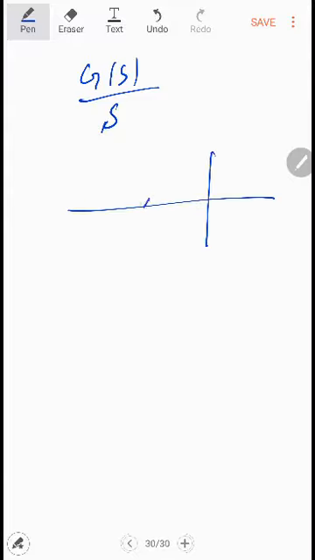When we are using the phase lag compensator, it means that we are multiplying the transfer function by 1 over s. So we have an s in the denominator. This means that if we make s equal to 0, we get a pole. So we are adding a pole to the system. This also means that the pole will be toward the imaginary axis, because we are adding a pole to the transfer function.